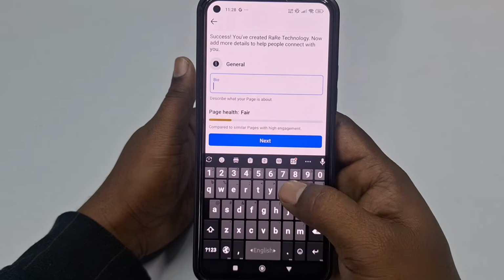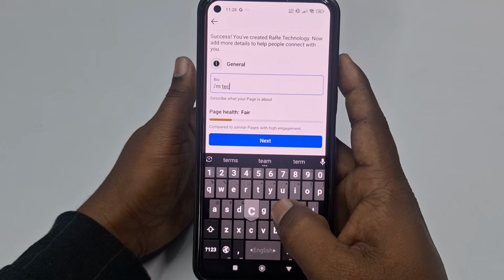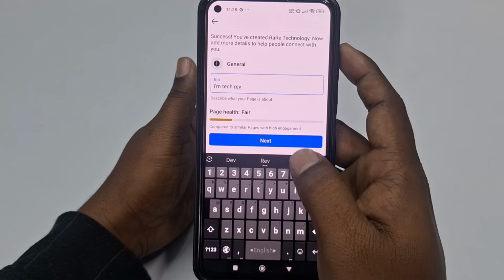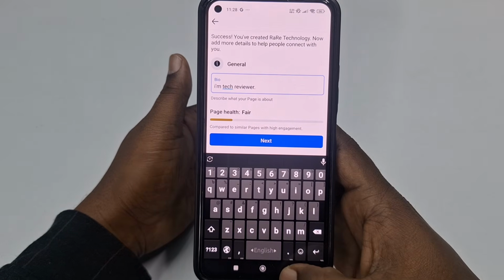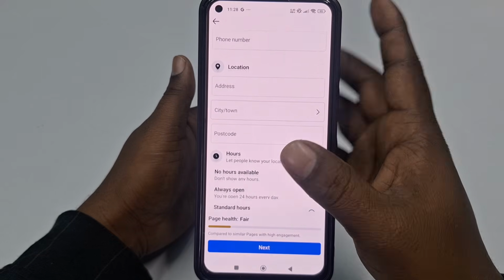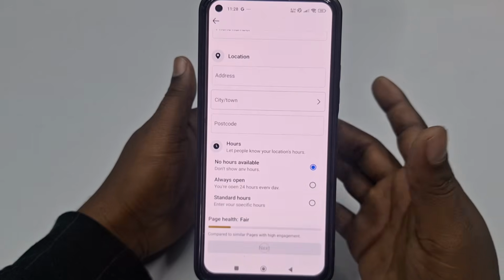So choose here, I am a tech reviewer, whatever you can choose here. After that you can see lots of things I will need to do later. Right now click the next option,